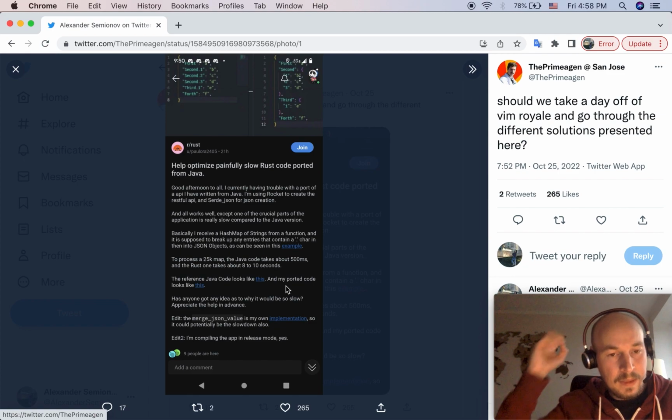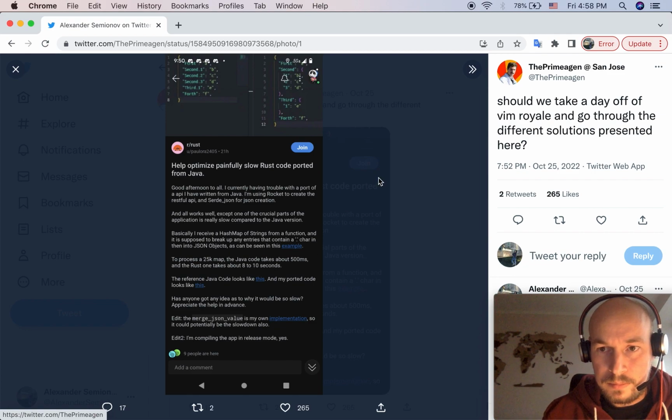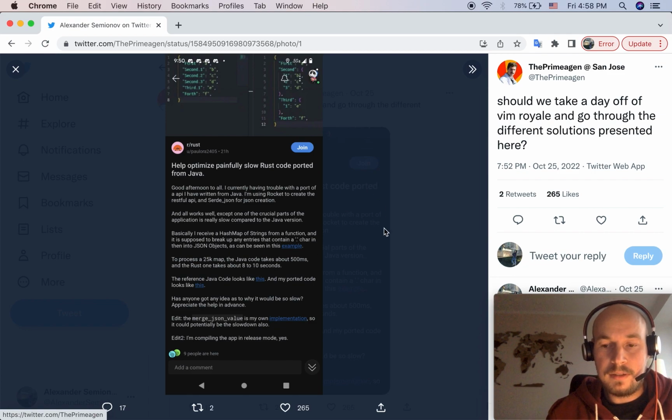So Rust also admits that their implementation, although it's safe, is kind of slow, and they suggest you go to other crates to get a faster package to work with hash maps.